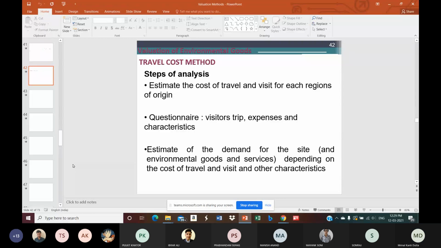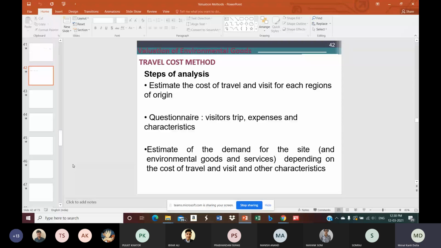Now the fact is, all these things are visible, but of course, people are also talking about the time which will be spent in the name of traveling and visiting that particular place. So obviously, time has alternative uses. Time has its opportunity cost. So the same time which has been used to visit the place might have been used to generate some other kind of income. So in that case, people talk about having some kind of estimation for the cost of travel or cost of time as well.